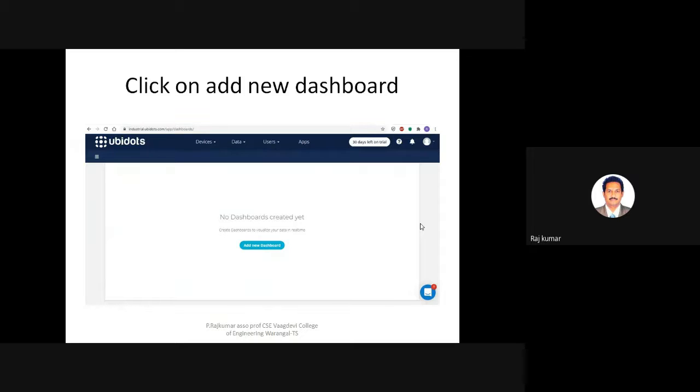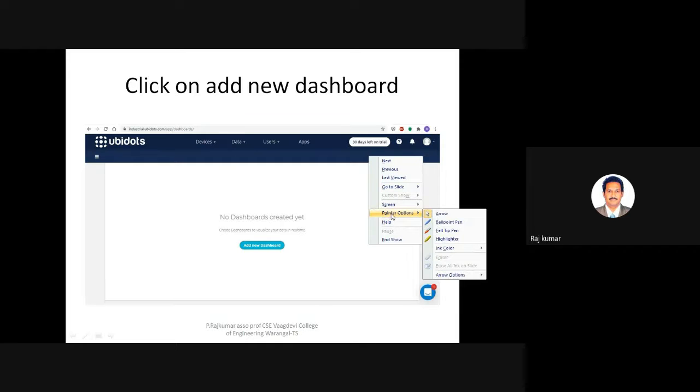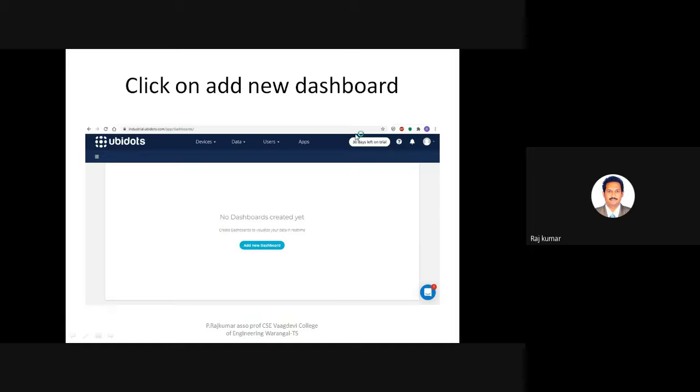So when you land onto this login with your credentials provided, automatically you will be in this screen which you are seeing now. So you can see this one. Once the 30 days trial is over, like that, we'll get a limited offer. By the time you can learn so many things, we can create another ID like that. No problem. But otherwise, I have to go to the STEM side. But it is a little bit complicated.